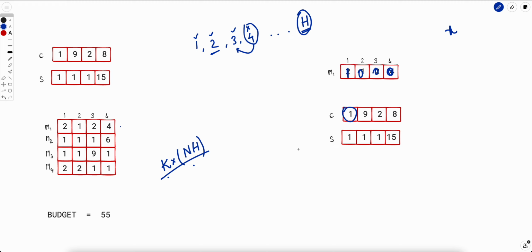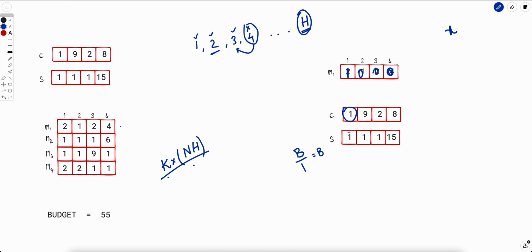So how much of this metal can you buy using this budget? Let's say the budget is B. You know that you require just one metal to make that particular alloy, and the cost is also 1. So in total you will be able to make B number of alloys using this budget B,